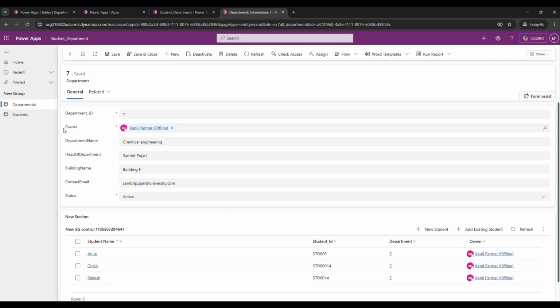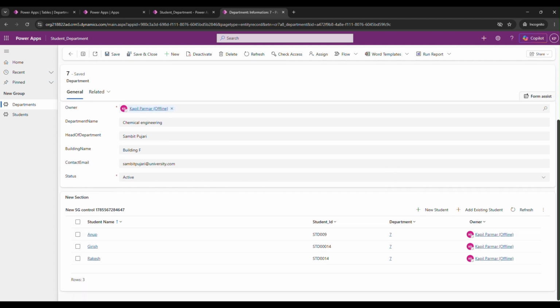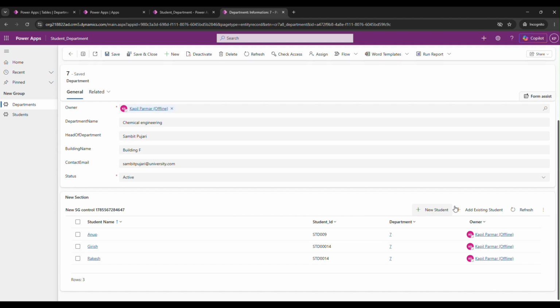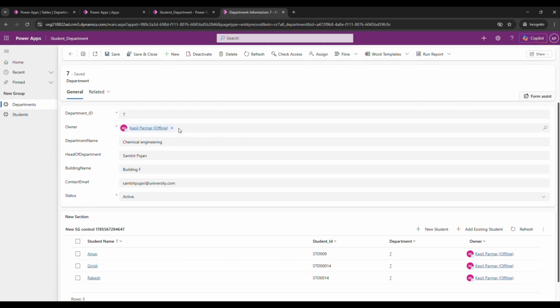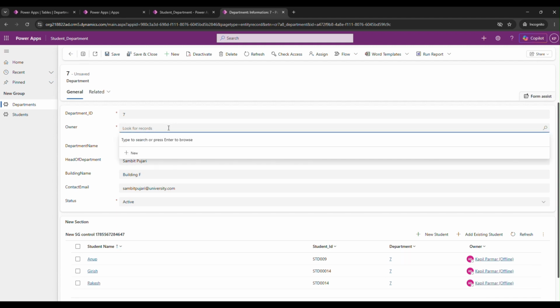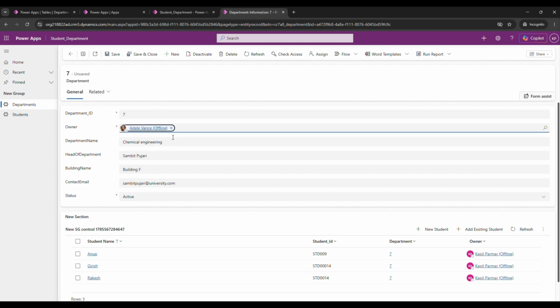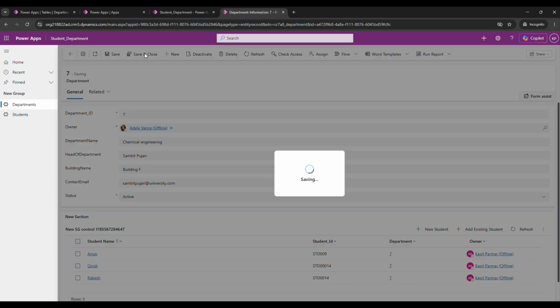And here we can see the owner is couple. And here also in the child record, we can see the owner is couple. If I assign this department record to some other person, then the owner of the child record will remain couple. It will not change. I'll show this also. I'll make Arely the owner of this department record. And if I click on save and close,